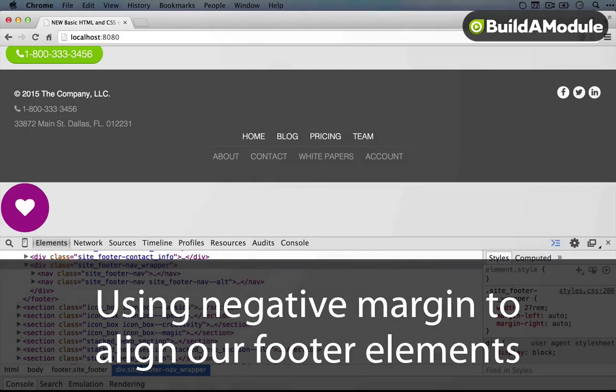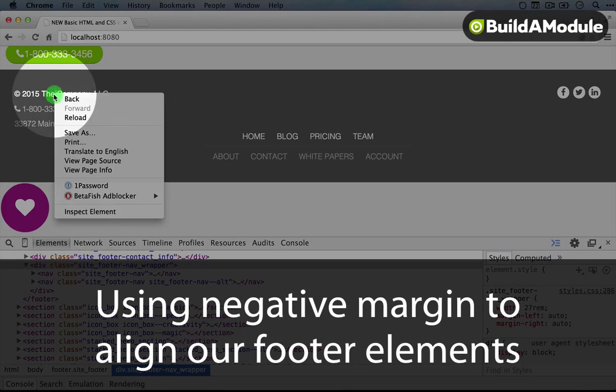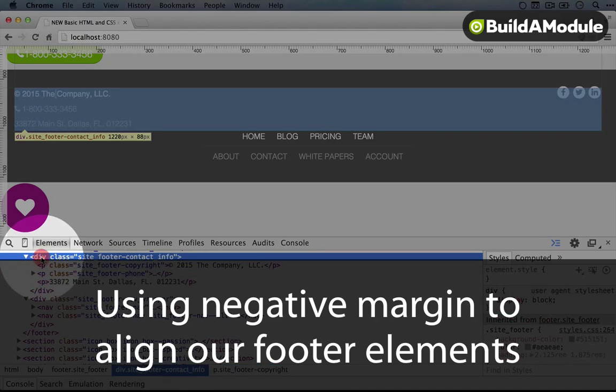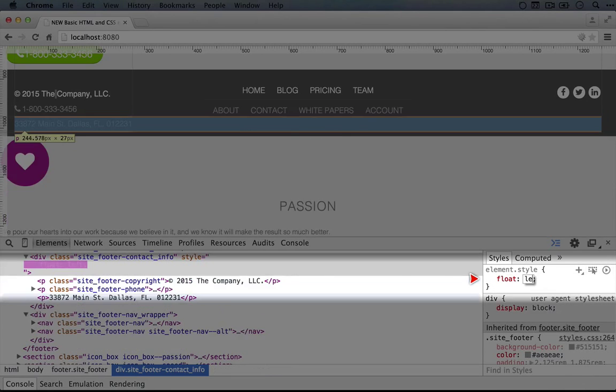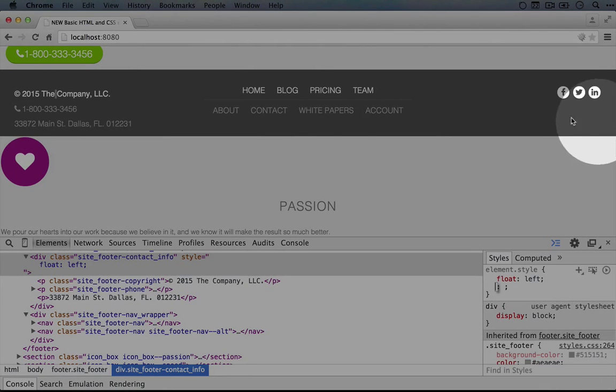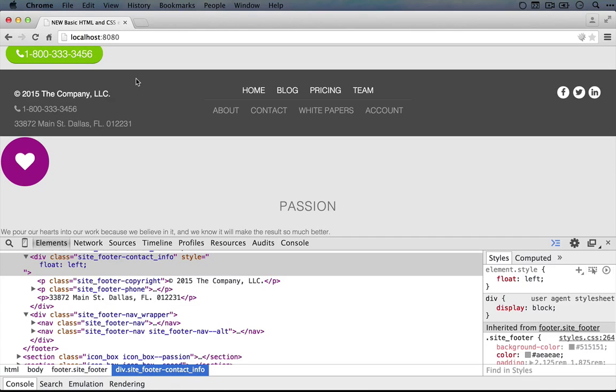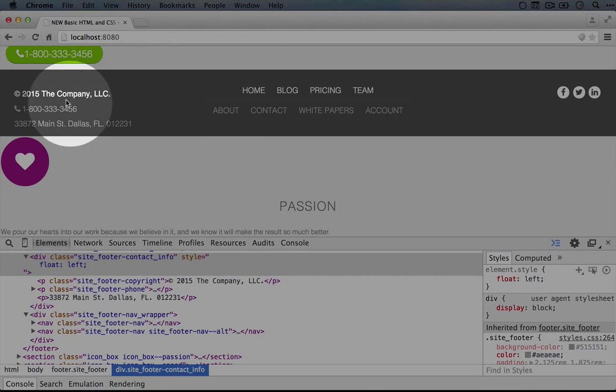and now it appears near the top. And now if we float it to the left, let's inspect the element to get the wrapper element here, and let's set it to float left, and now brings it in rough alignment with the rest of the information here. So the only thing that seems a bit off is that this is bumped down a little bit, probably because